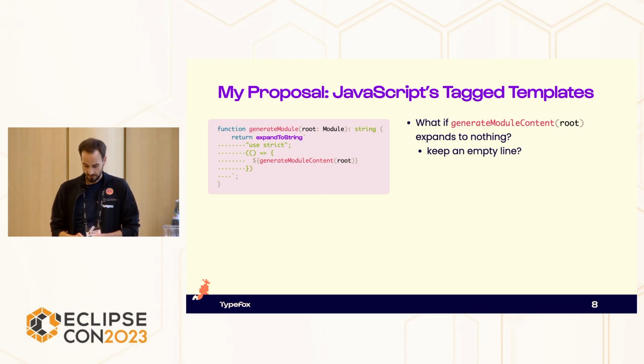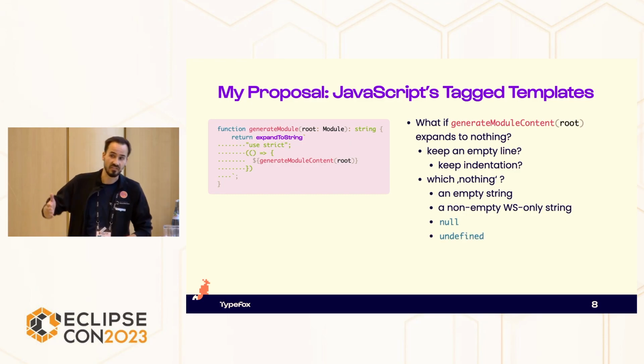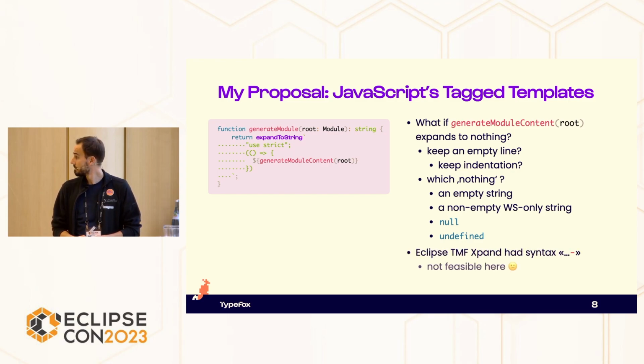And speaking about nothing, which nothing do we actually mean? Do we mean empty strings? Do we mean non-empty strings with just white space? Do we mean just null? And for the TypeScript folks and JavaScript folks, do we mean undefined? It's not clear. I see some experienced faces here, and they might remember